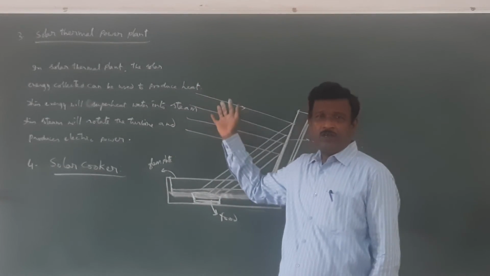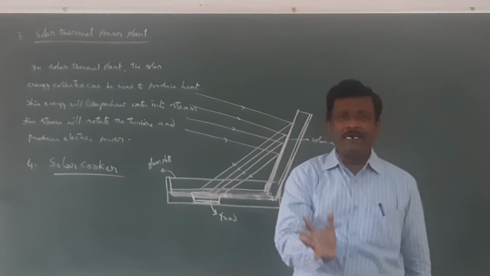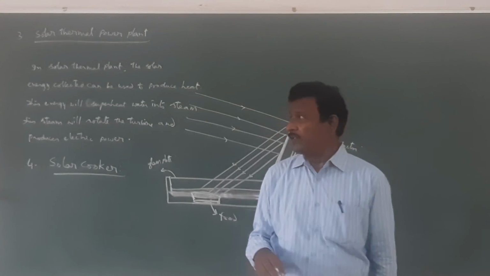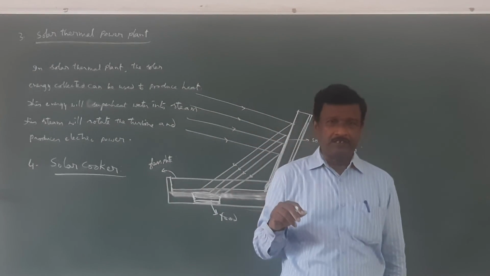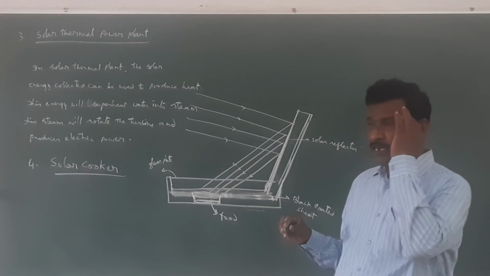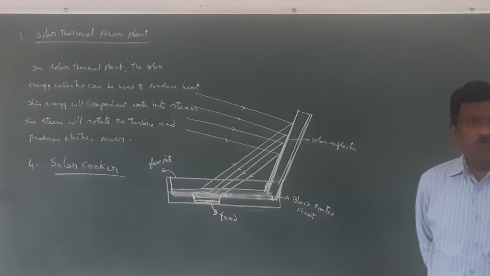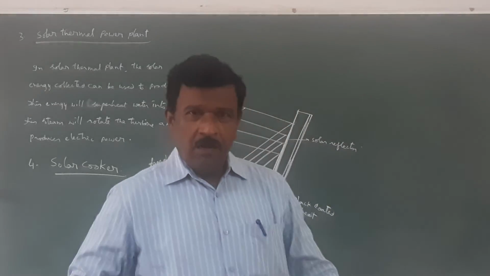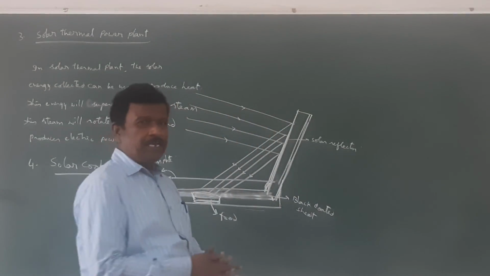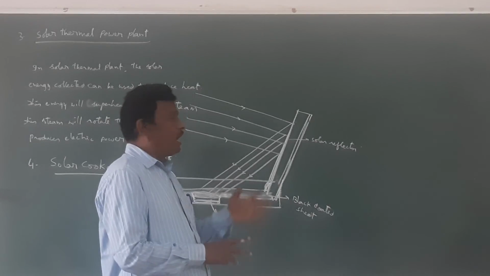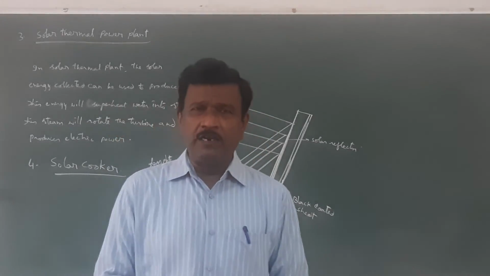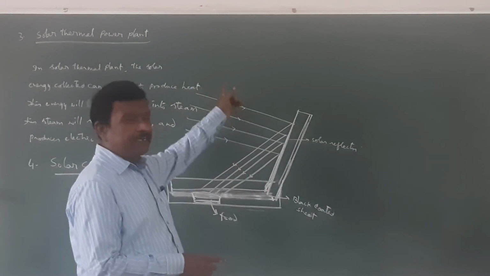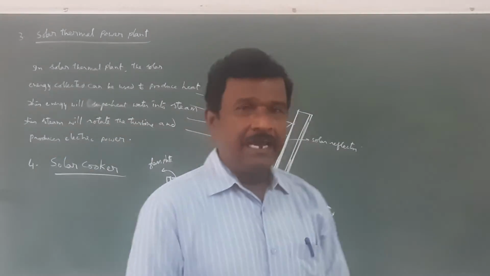In the flat plate collector, solar energy is absorbed and the water is heated. Solar energy is converted into heat energy to heat water. In the case of focusing point collectors, the solar energy which is focused using a parabolic dish is utilized for producing enormous heat energy, and that can be used even for producing steam also, and in some cases by using a photovoltaic system, that energy will be converted directly into electricity.